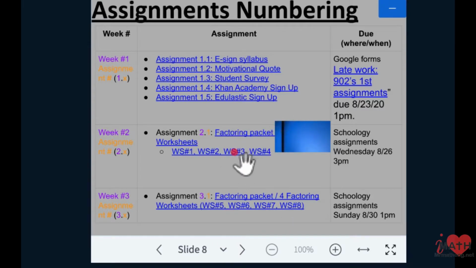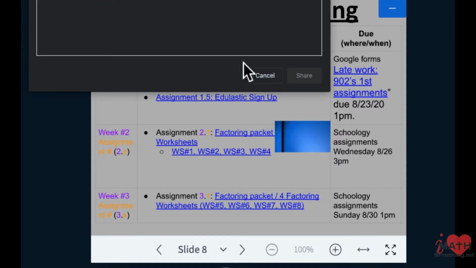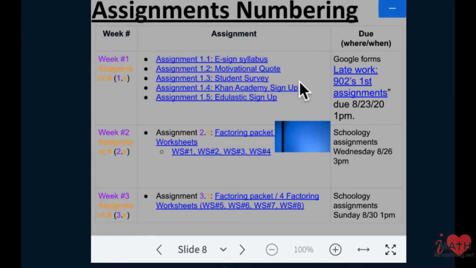Also, a common mistake for worksheets 3 and 4 is your quiz and test corrections. Let me show those to you. Let me see how I can do that. Cast my screen, pick screen 1, share. Okay, so if you click on